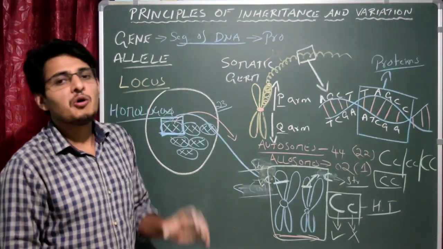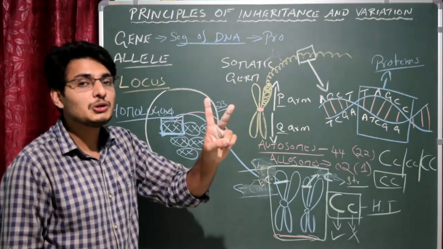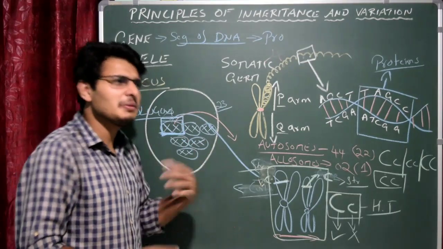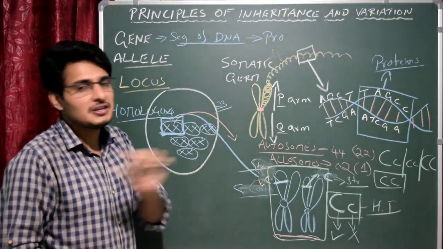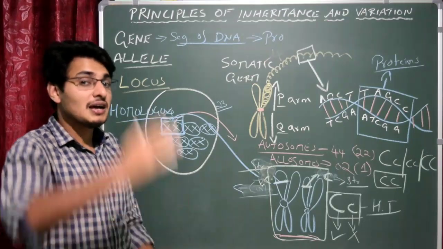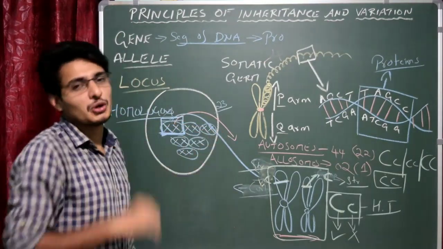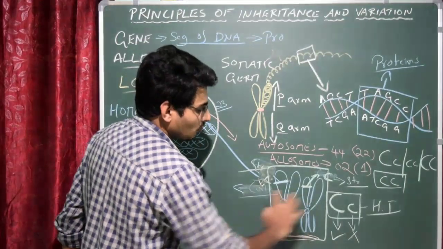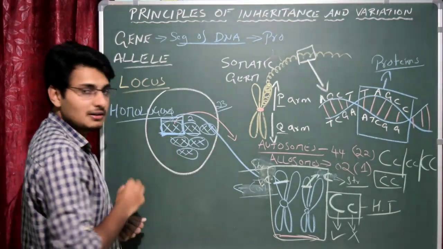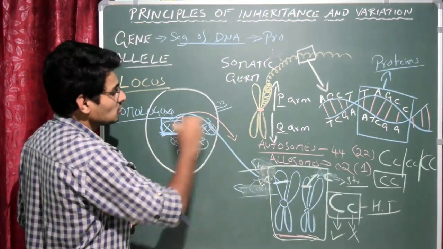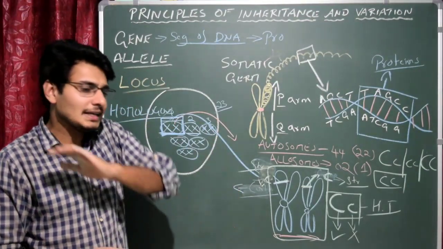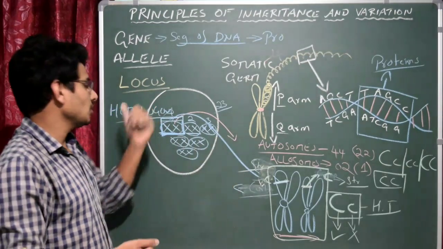How many homologous chromosomes do we have? We have 22 pairs of homologous chromosomes. The allosomes, in case of male, are X and Y, so they cannot be homologous, because the two chromosomes are entirely different. But up to 44 chromosomes, all are homologous. Each two chromosomes will be homologous. See here, this is the second pair, both are structurally and genetically the same. The third one is also homologous. If two chromosomes are structurally and genetically the same, then they are called homologous.